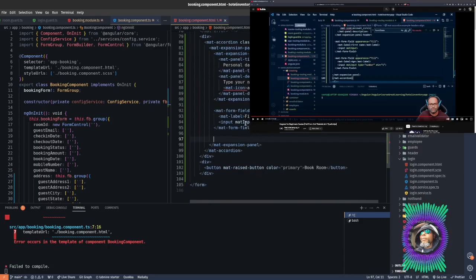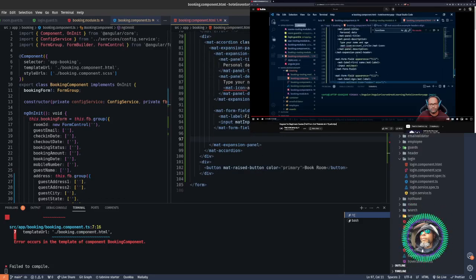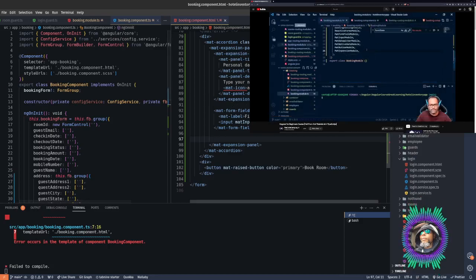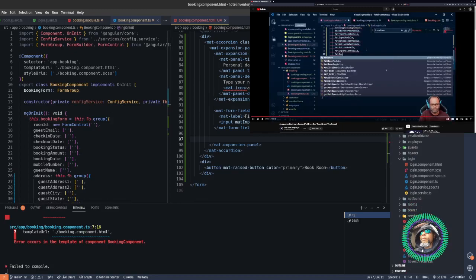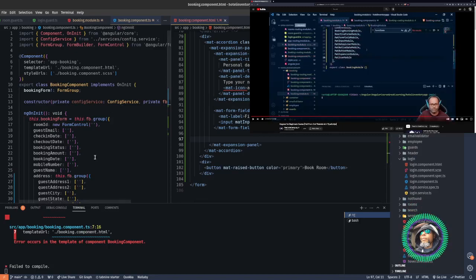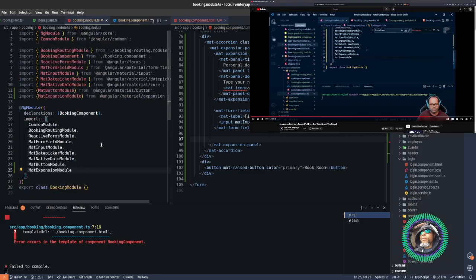Okay. So, because those are going to change, right? So, all right. And we are also using mat icon. So let's add that as well. So mat icon module. All right, so that's going to be over in our